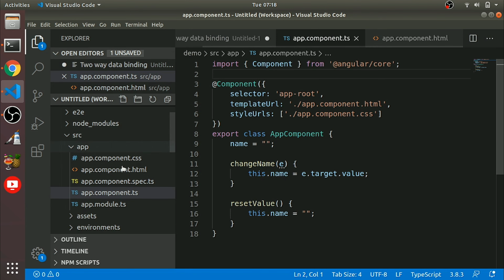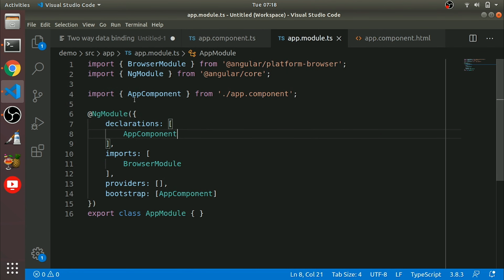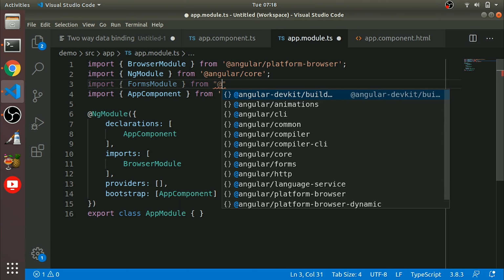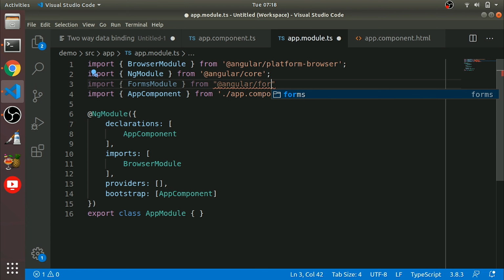Before that, we need to import the forms module in the app module, as we are doing in root. Import forms module from @angular/forms.